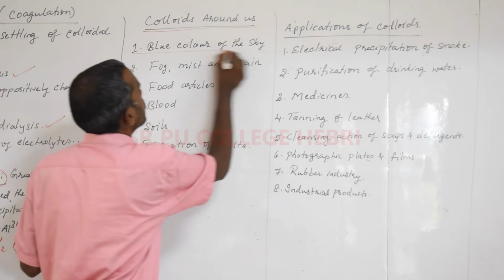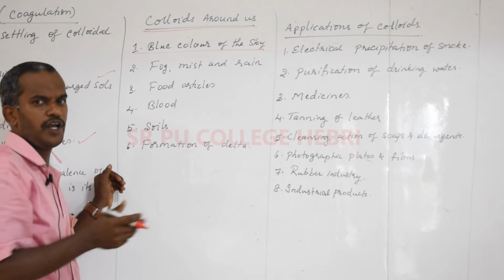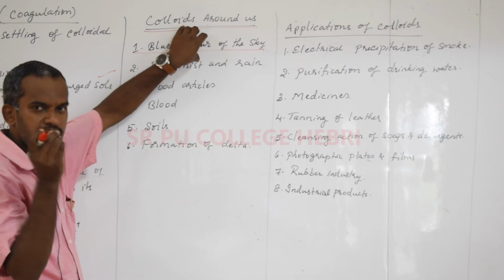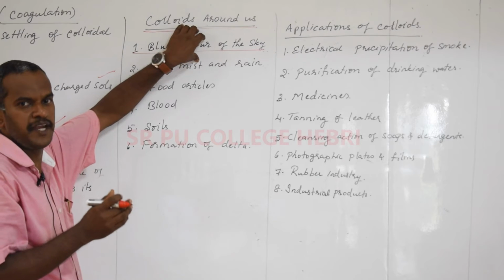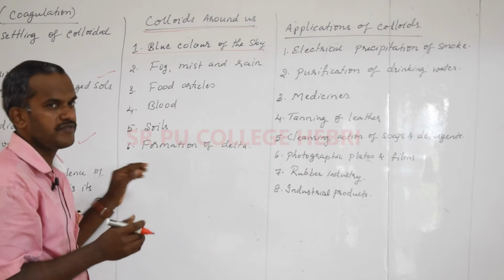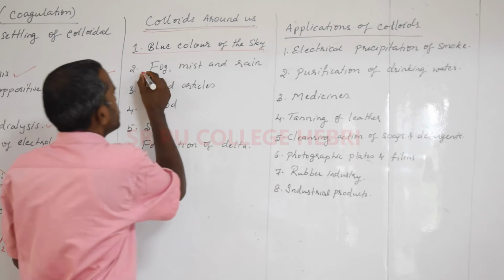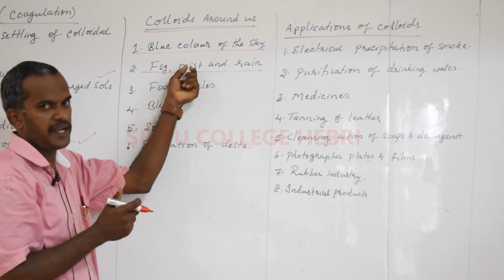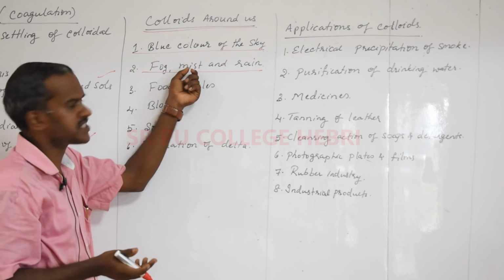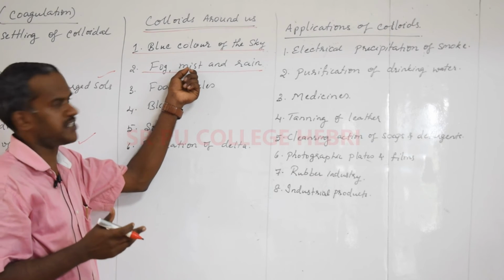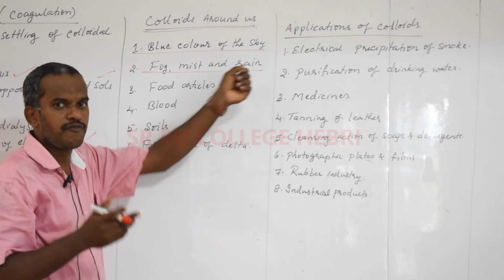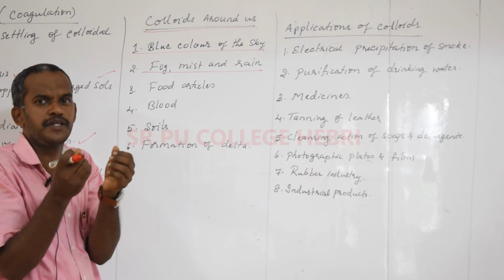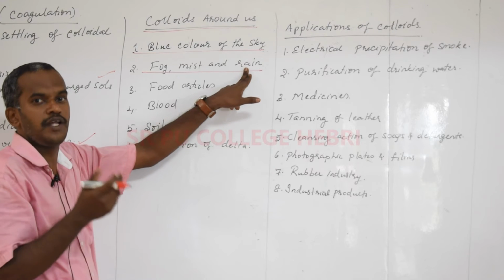The first one is the blue color of the sky. The Tyndall effect you can explain. The blue color of the sky is also due to the dust particles, the scattered particles in the medium. That will be one of the simplest natural examples of a colloid. Second, fog and mist, which you can see generally, are also made up of colloidal particles. We know there are different types of colloids we discussed, based on physical states of the dispersed phase and dispersion medium. Rain, the formation of a cloud, aggregation of clouds, and the collision between the clouds are all colloidal phenomena only.